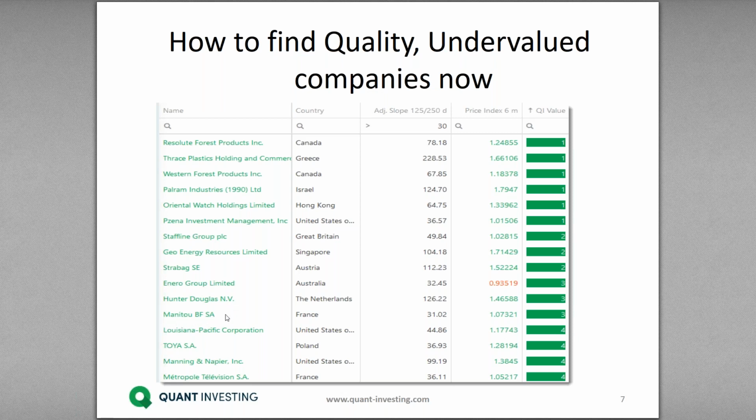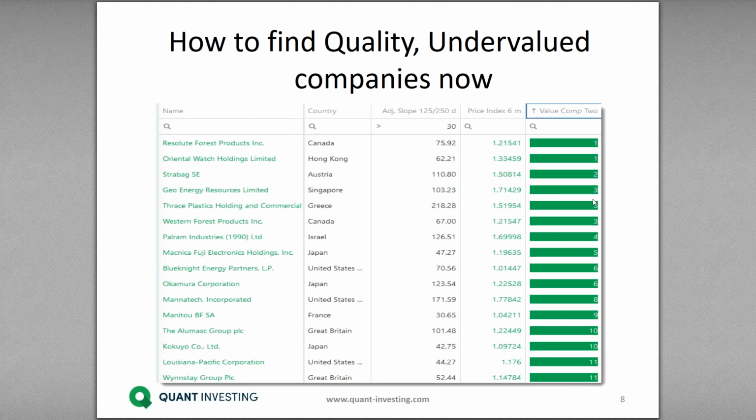Manito was recommended by the newsletter last month. Here's another lumber company, obviously record profits. Here's another newsletter company. As you can see, some companies with large once-off profits, the old story with the screener. You always get the worst companies or the companies with strong results, and you have to just ignore those ones with record results. Let's look using another composite value indicator, value composite 2. This one has got even more